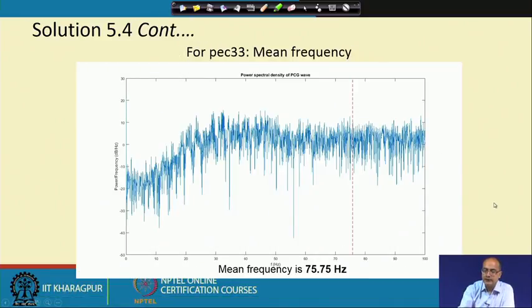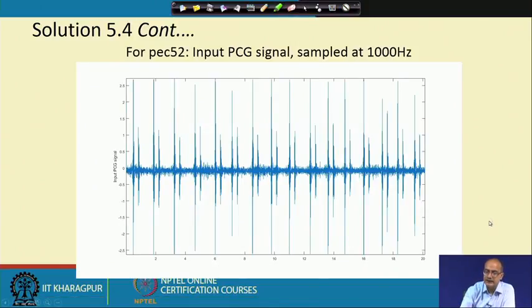And if we compute the mean frequency for PEC 33, we get the mean frequency at a little higher frequency, that is 75.75 hertz. Okay. So, it is a little higher than the previous case, which was around 50 hertz. Now, we go for the other normal signal, that is PEC 52,